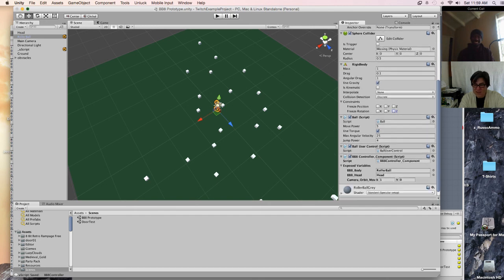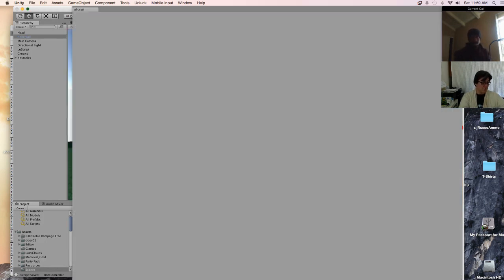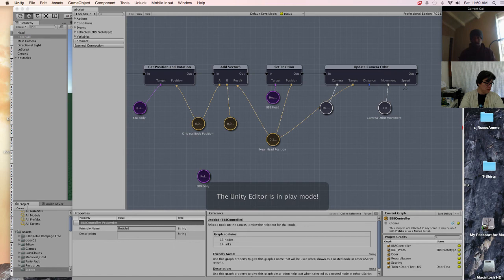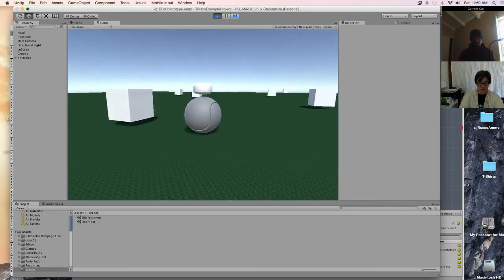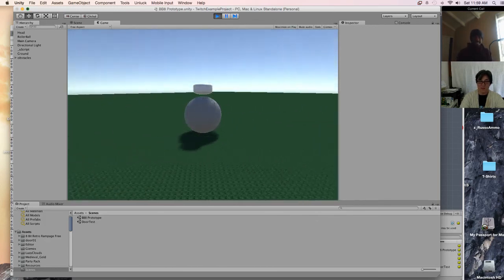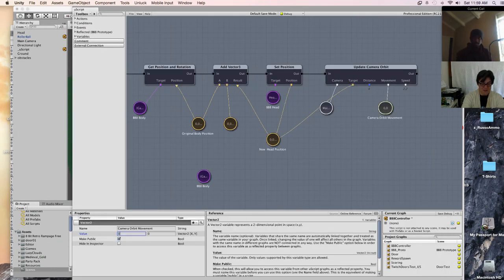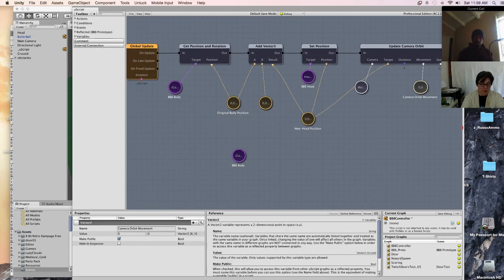Why do I have freeze rotation on that? Let's see here. BB head, ball, camera orbit move. So what I did was I exposed the variables to the camera orbit. Let's see if that gives us some. Did I lose? I might have lost. Okay, so it's moving constantly, right? Yeah. So what we can do is, I don't think movement is what we want. Nah. It is kind of what we want, but let's call that camera orbit movement, and I'm not going to make this public.